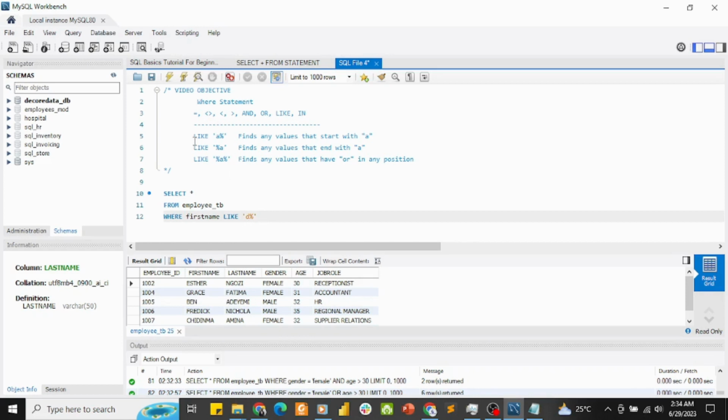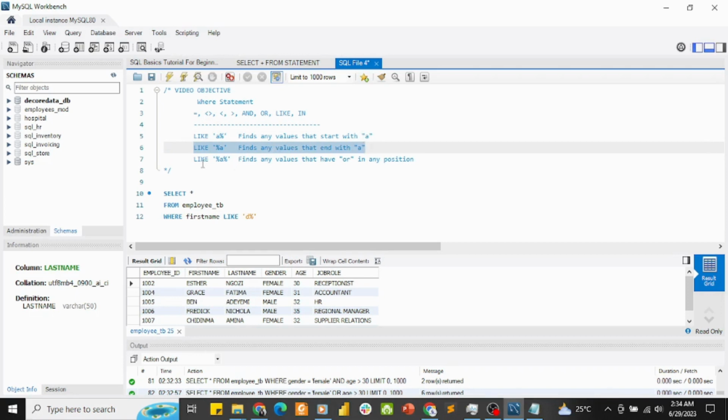I wrote some things here if you can follow through. When you see the alphabet coming first before the percent sign, it means it started with D. So when you are trying to use it, check if D is at the back of that information. You go through this route. We're going to do them just in a jiffy. And if you're trying to search for that word or that